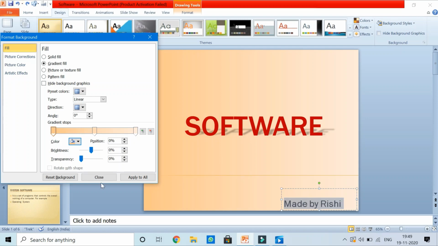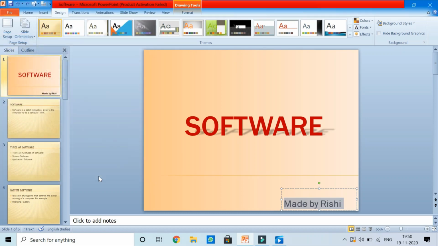Okay, so if you make any changes sometime in your presentation, just feel free to use the undo button. Now because I want this change on only my first slide, I will say close, and you see only the first slide has taken this change.